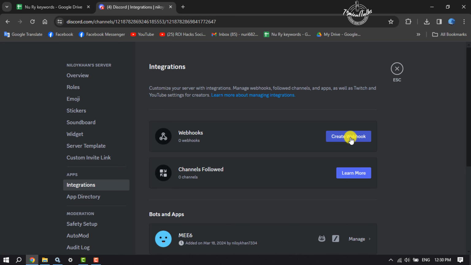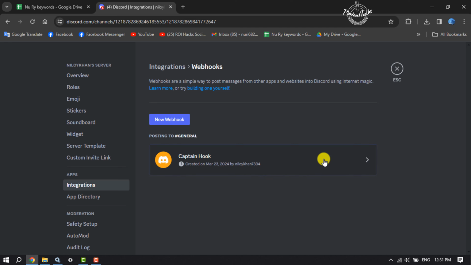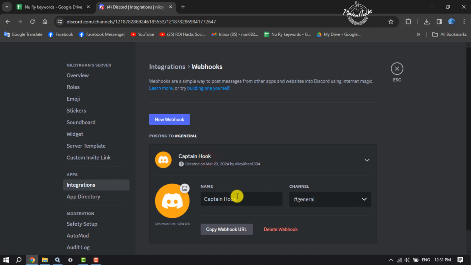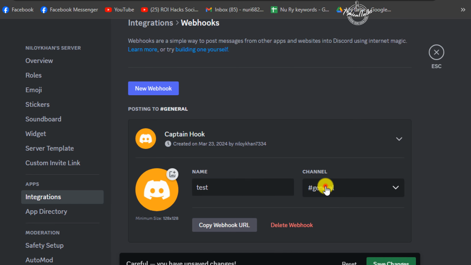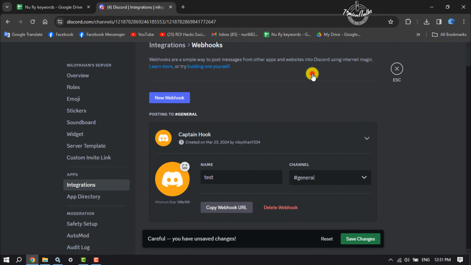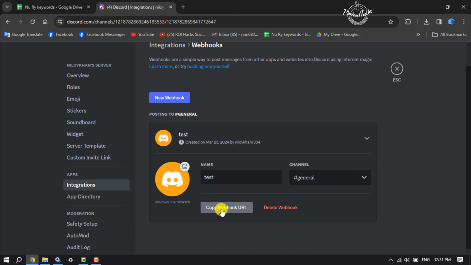So click on create webhook and edit the webhook here. Right here, the webhook name, select a channel. You can upload a photo for the webhook and click on save changes. And now copy the webhook URL